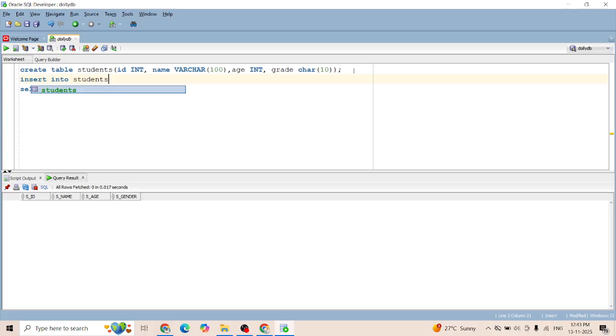And students and values. Students values, yes. And what are the values? Let me give you values. 1, the student ID, and the name is Ram,